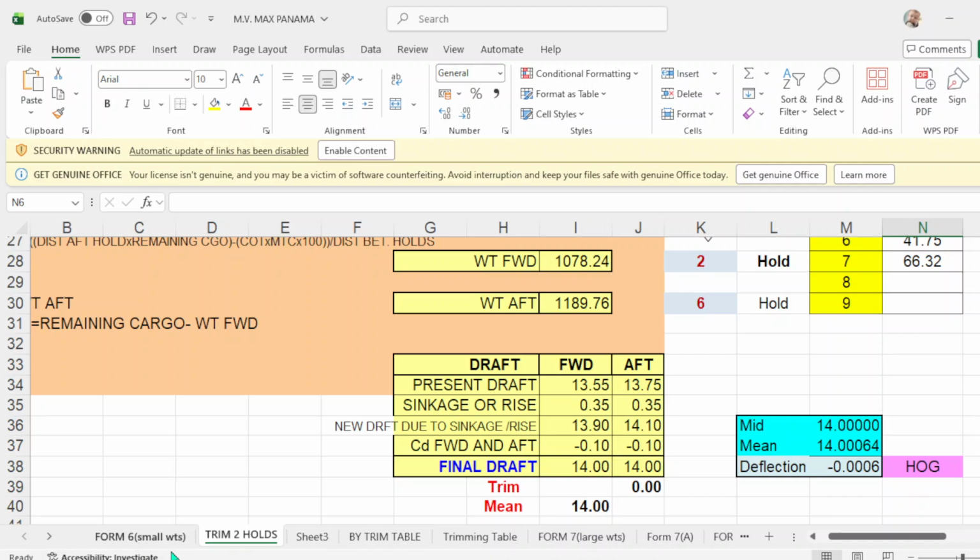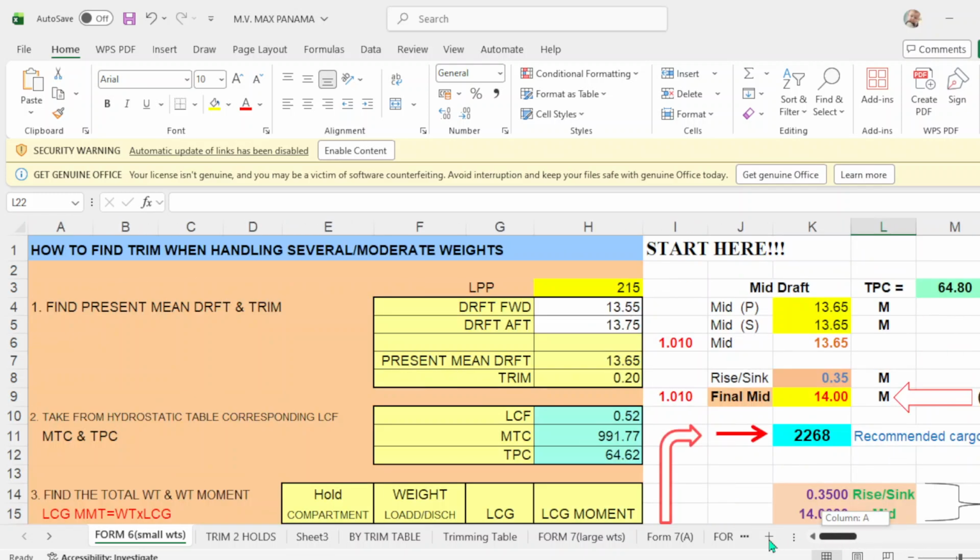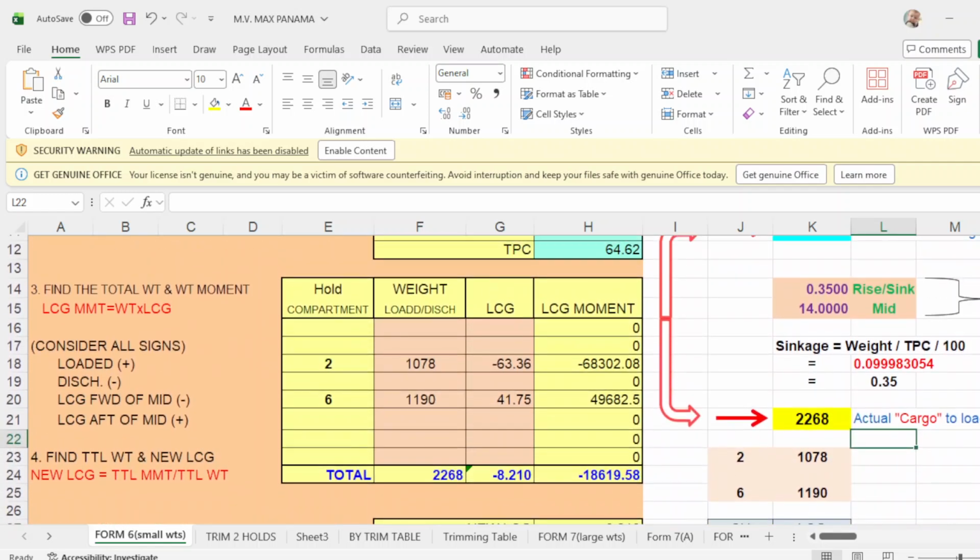Then we go back to form number 6, which is this one. How to find trim when handling several weights? Actually, you're going to load in hold number 2 of 1078, then you apply the LCG of hold number 2.